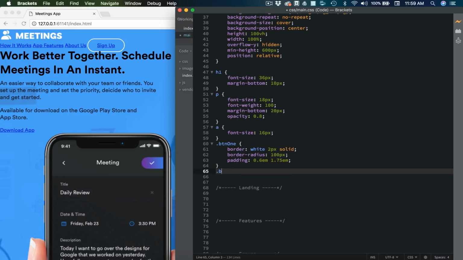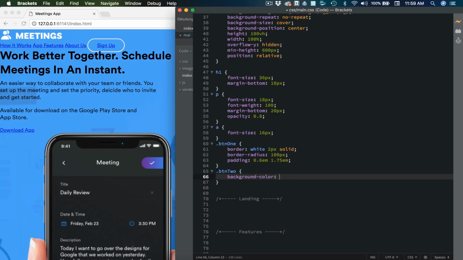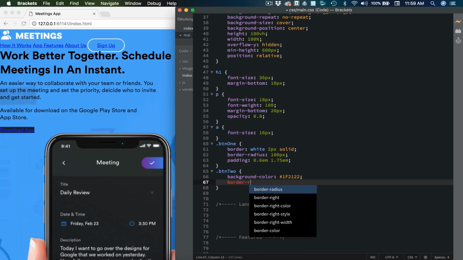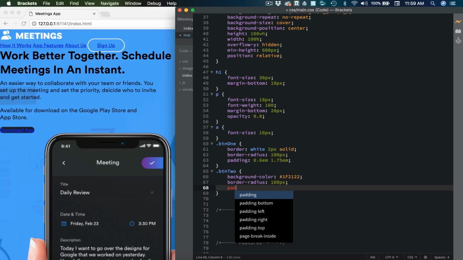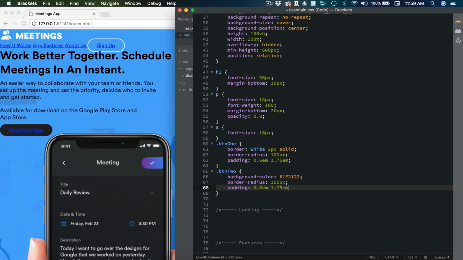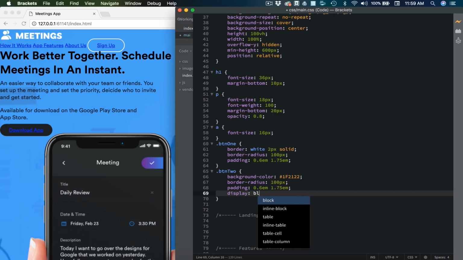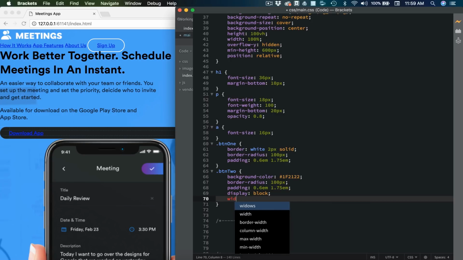For button 2, we're going to do something similar. Let's set the background color first. Background color. Color code on this is 1F2122. The border radius is going to be set to 100 pixels again. Padding, I think, is the same. Yep, 0.6em by 1.75em. And I'm going to display this as a block. And I'm going to set a width of